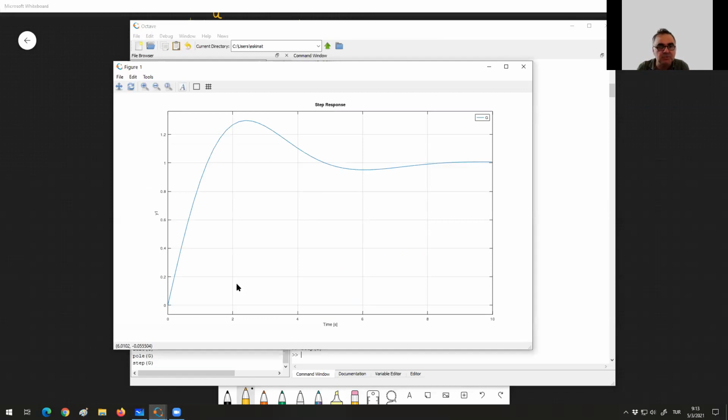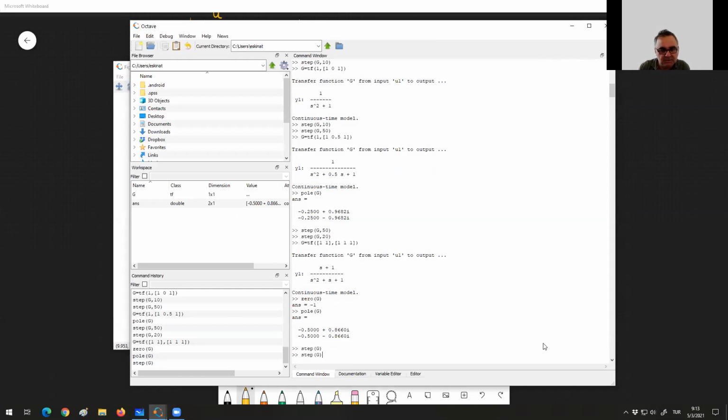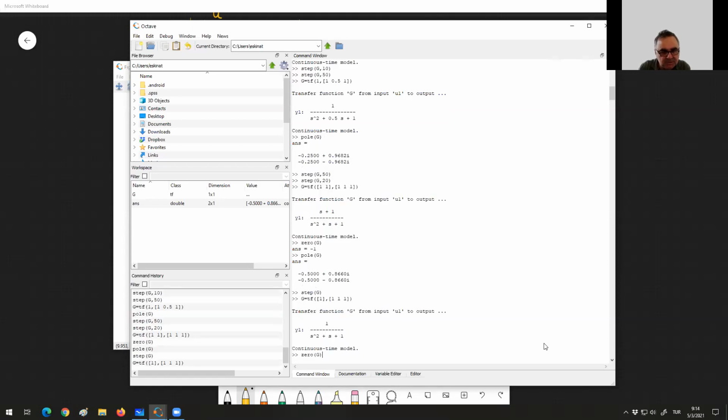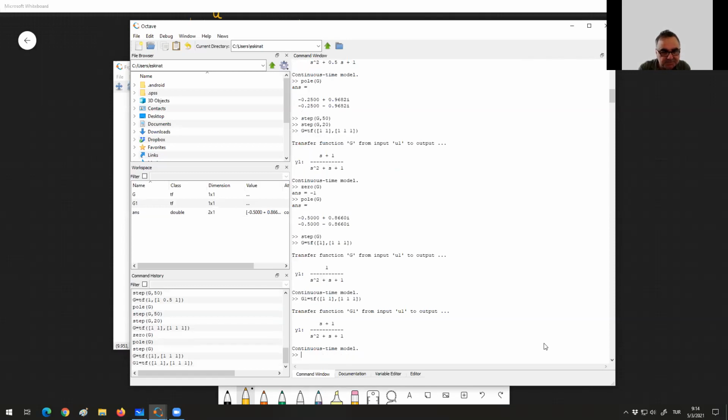Well, it doesn't look too different, but let's compare it with the following one. Let's say this is G, and let's say that this is G1. Okay. So I don't know if I can do this, but step of